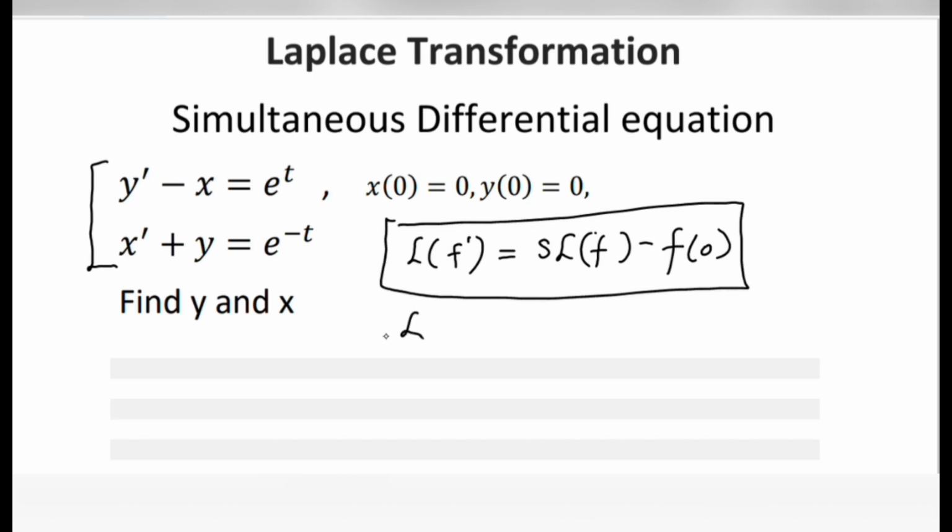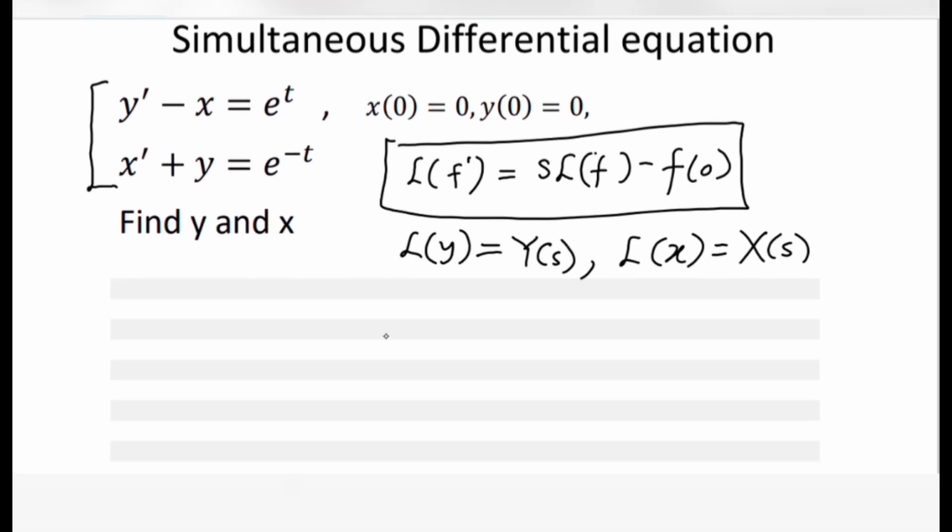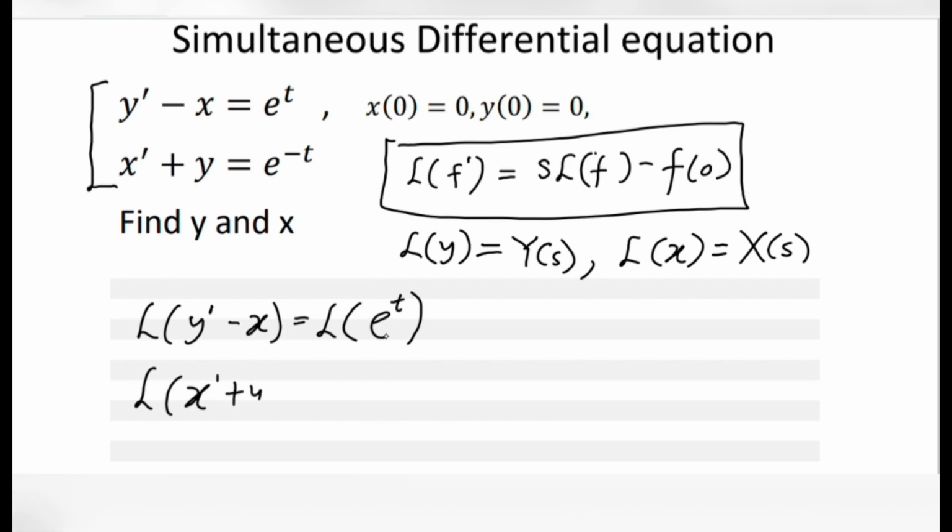But first of all, let us just put down this. Let the Laplace transform of y be Y of s, and the Laplace transform of x be capital X of s. So with that being established, we'll find the Laplace transform of each of those equations. So y derivative minus x is equal to the Laplace transform of e^t. And for the second equation, we have that the Laplace transform of x derivative plus y is equal to the Laplace